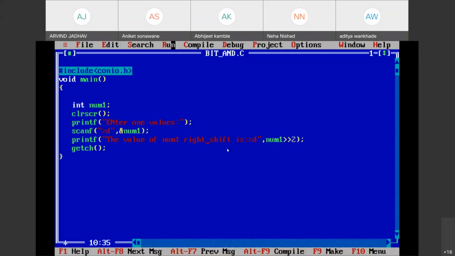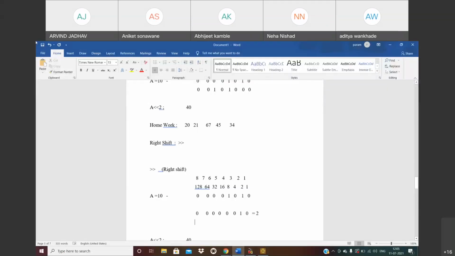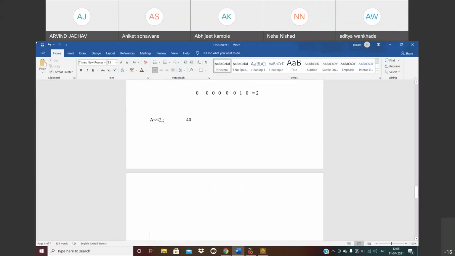So similarly, you can perform the same operation. So again, homework for the same thing: left shift and right shift, you need to perform. I know that it's quite harder as compared to this, but you have 4 to 5 days. The next lecture will be on Saturday, next Saturday. So at that time you will be able to perform this operation.